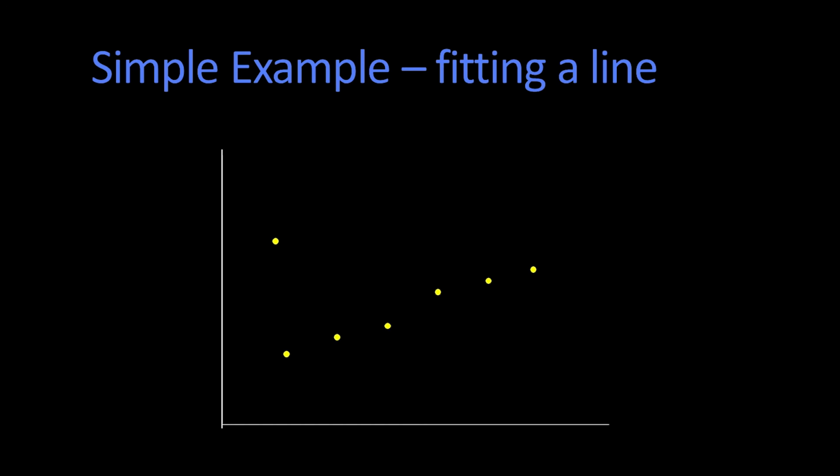So to talk about how this works, go back to our simplest example of fitting a line. So here we have some points, and if I were to ask you to fit a line, you'd probably say, well, that's the correct line, that line that kind of goes through most of the points, and somehow ignores that bad point. You're going to say, aha, that's right. Remember Evil Megan? That was the Evil Megan point.